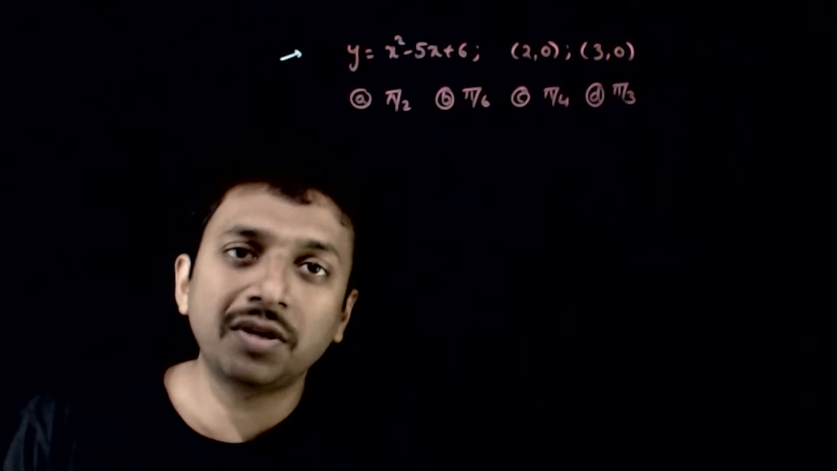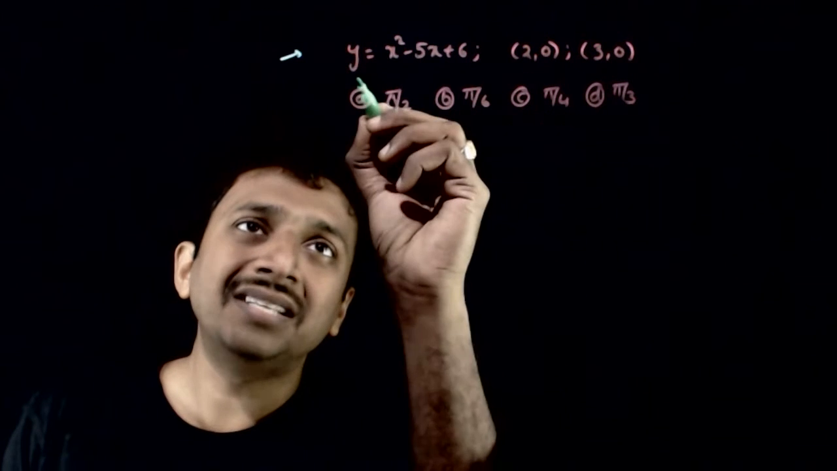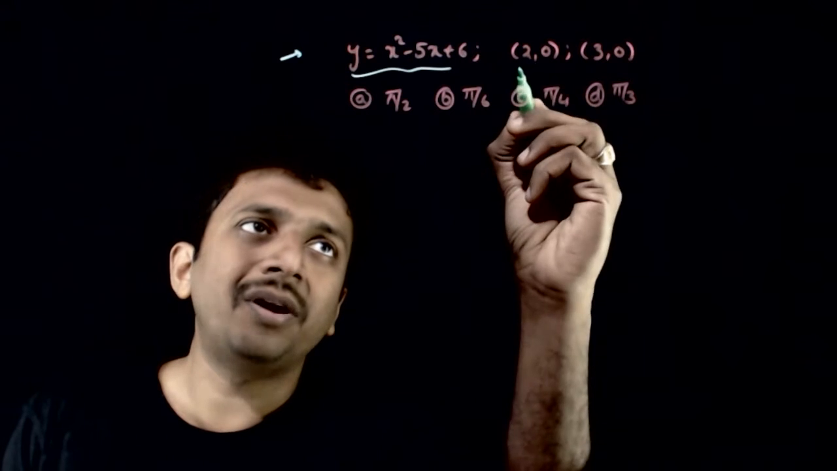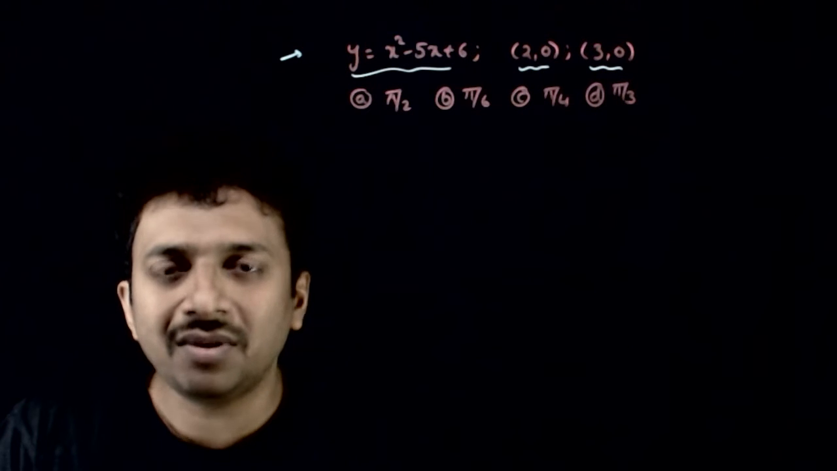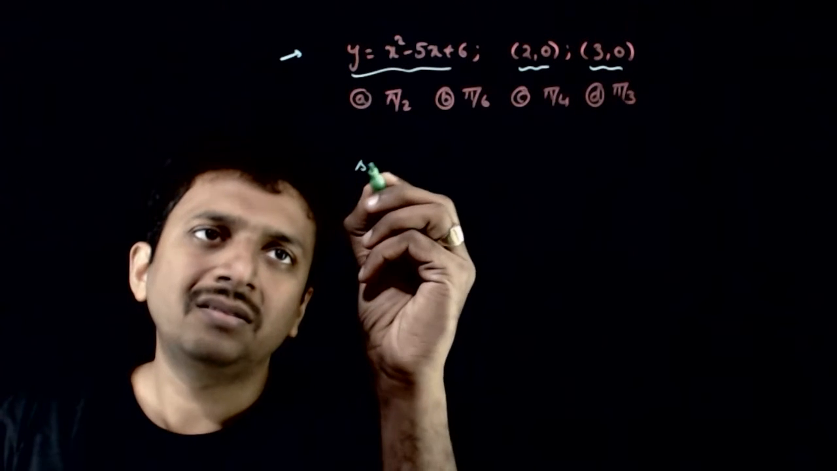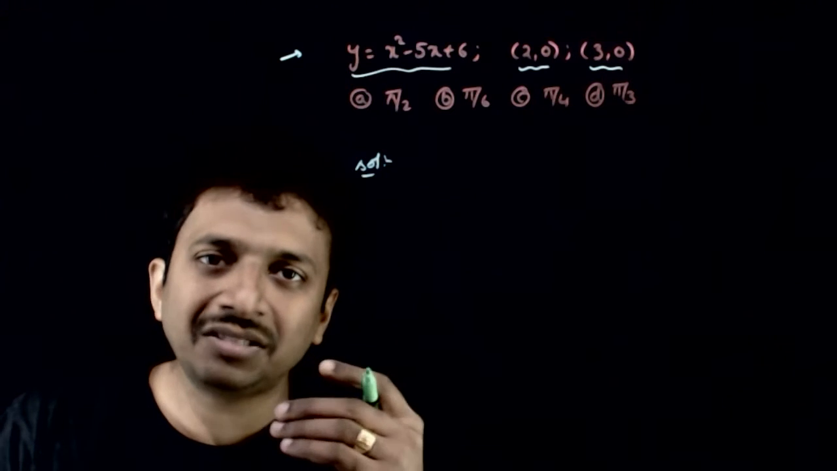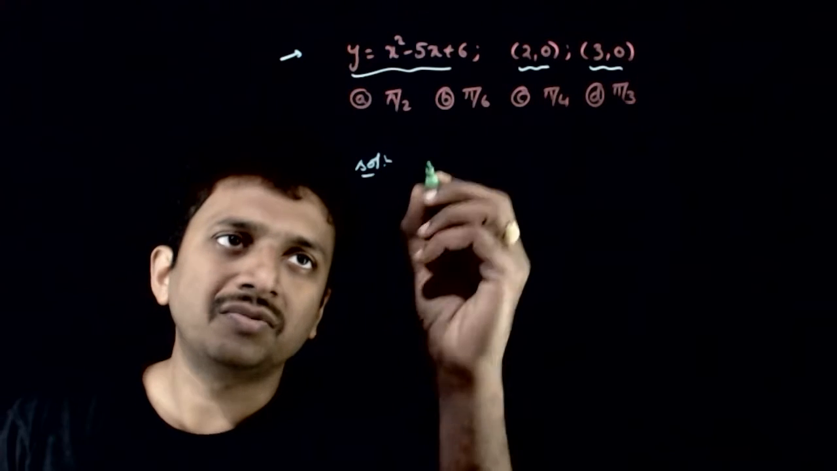So welcome students. In this question you're asked to find the angle between tangents to this curve drawn at the points (2, 0) and (3, 0). Again, if you want the angle between the tangents, you need the slope of the tangents, because we know that